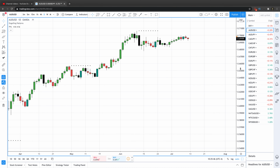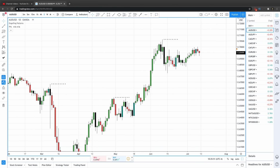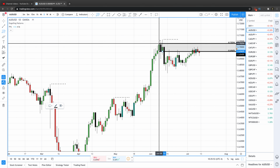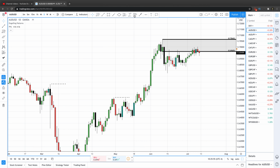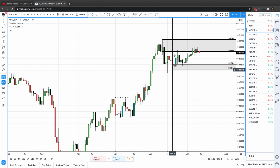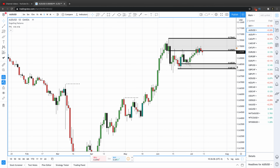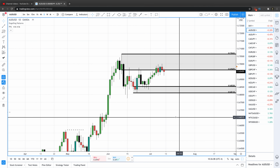Anyways, we'll start off with Aussie US dollar. Just want to let you guys know where we're sitting at with the US dollar. So we have this supply zone right here, still reacting off of that. The Aussie pairs, I haven't even touched an Aussie pair in like 3 weeks, I'm pretty sure, because we've been in this range for a while. Got some demand down here. We'll draw it when we get there, but right now Aussie dollar, it's sitting in this